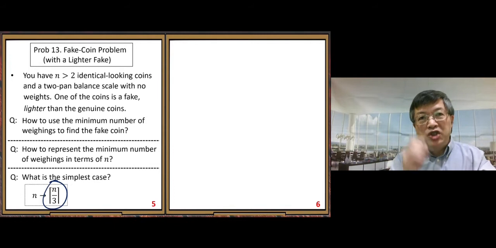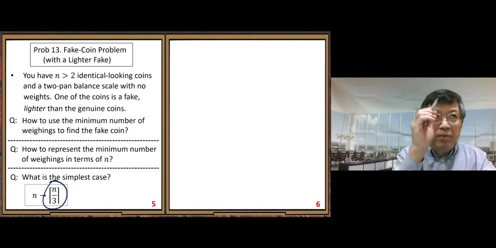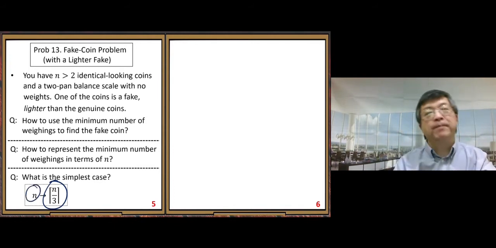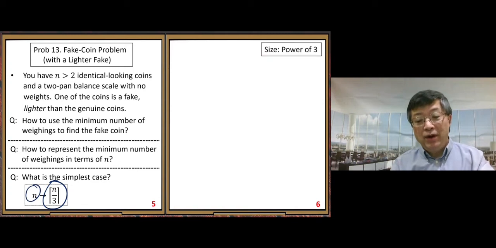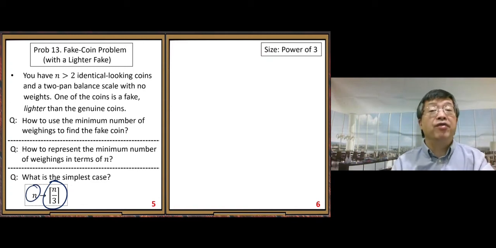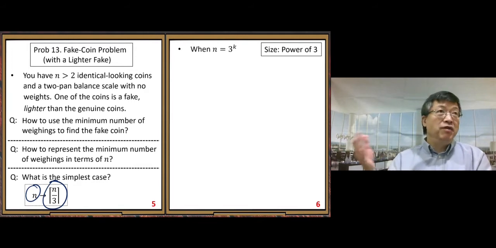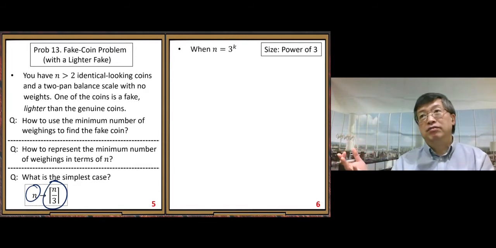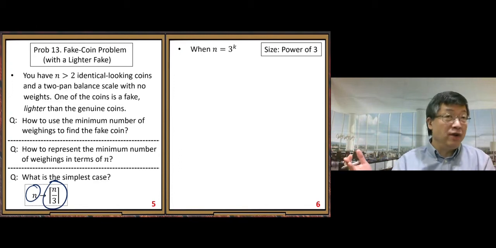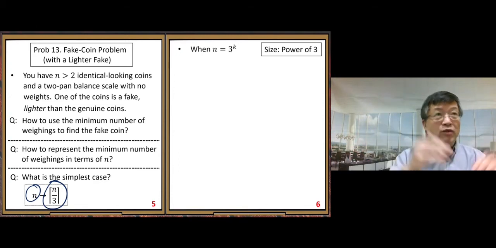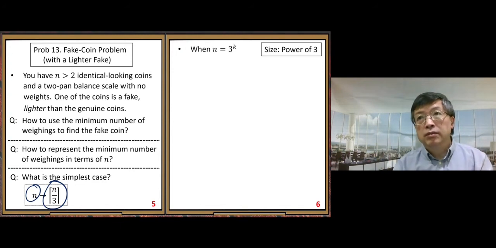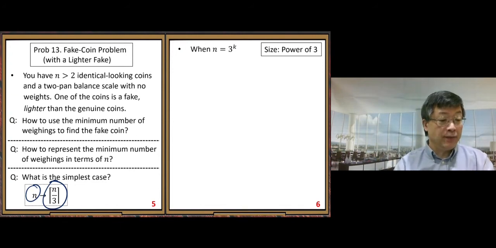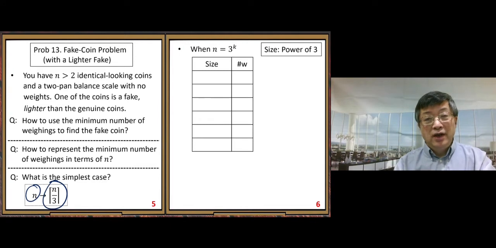With respect to the ceiling function, what is the simplest case for n? It's pretty simple, where n is a power of 3. Because in that case, the ceiling function is gone. We don't need to worry about the ceiling function. If we remove the ceiling function, we get the same number where n is a power of 3. So let us,